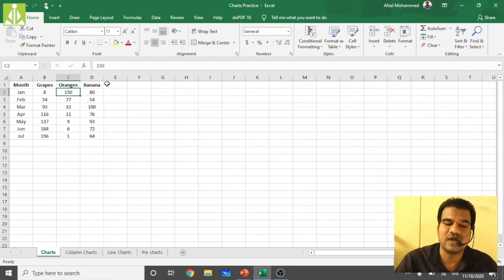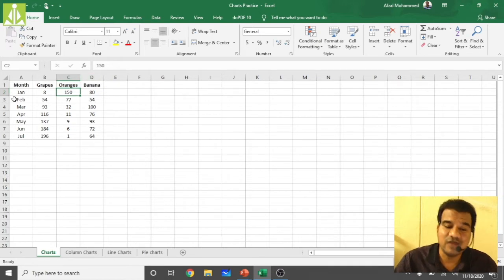Then in banana production we have seen some random behavior, we cannot say growth or downfall. In the month of January we have 80 hectares, then February 54, March 100, and then we have seen some downfall. In July we got only 64 hectares.